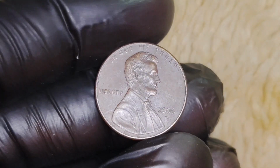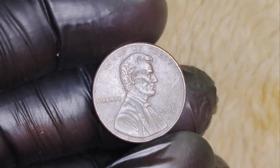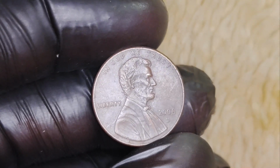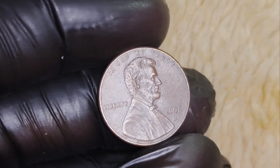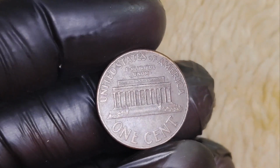You might be wondering how to tell if you have one of these valuable pennies in your collection. Start by checking for any visible errors like doubling on the date, the lettering, or Lincoln's profile. Next, examine the coin's condition closely. If it appears to be in great shape with little to no wear, consider getting it professionally graded to determine